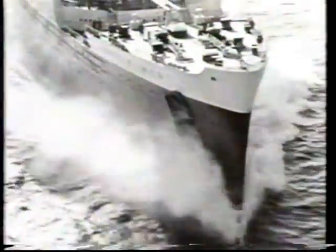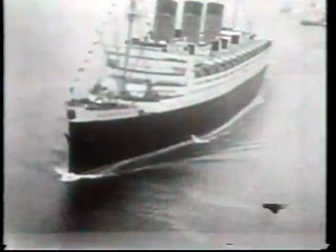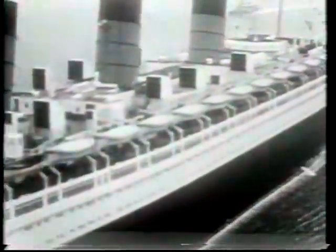It was the dawn of the steamship age that triggered off international competition for the Blue Ribbon. Setting the pace with a 15-day crossing back in 1838 was Brunel's paddle steamer, Great Western. Over the next 100 years, the world's great liners battled for the title. By 1938, the Queen Mary had shortened the crossing time to under 4 days, and Britain held the record for 14 years. Then, in 1952,